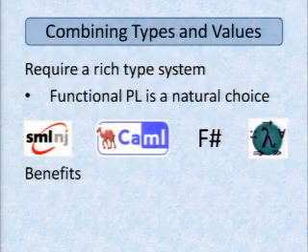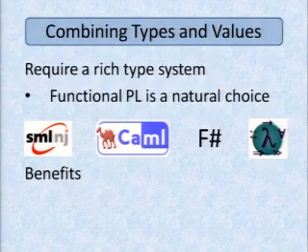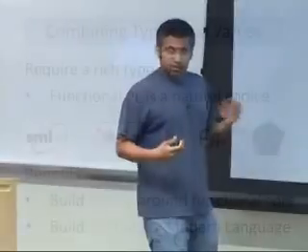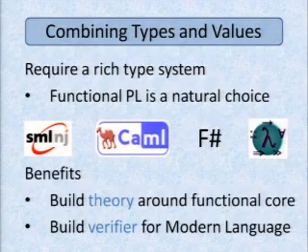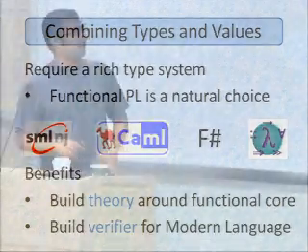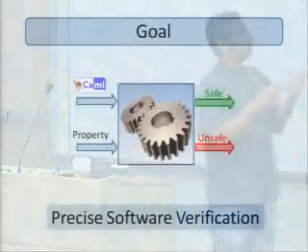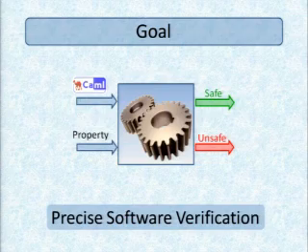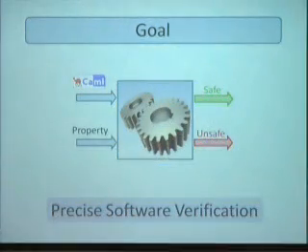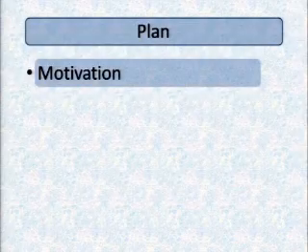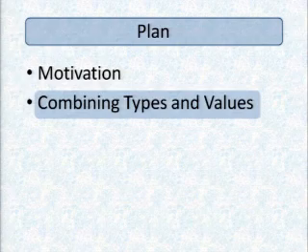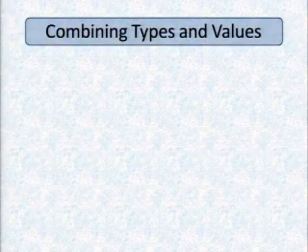So things like standard ML, F#, Haskell, and so on. And what we're going to do is build a theory around a functional core, and we'll also get a verifier for a modern language. And then hopefully in future work, we'll be able to move this over to more imperative settings. So what's the goal? The goal is to take a program written in a language like, say, ML, OCaml in my case, and a property, which is going to be a safety property, and be able to answer questions like, yes, this program satisfies the property. So that's a general motivation. And now let me tell you how one goes about combining types and values. So this is a quick tutorial